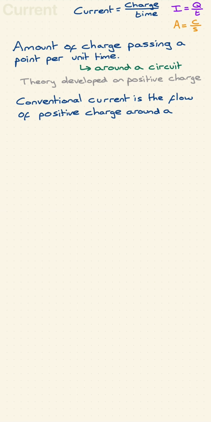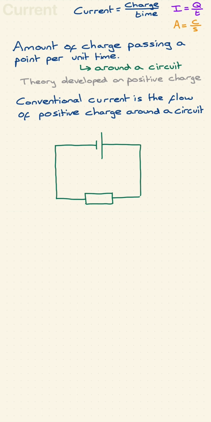That means that if I draw a basic circuit like this, with a cell, wires, a resistor, and more wires, and label the cell correctly with the long side being positive and the short side negative, the theory and conventional current flows from the positive side of the power supply to the negative side,